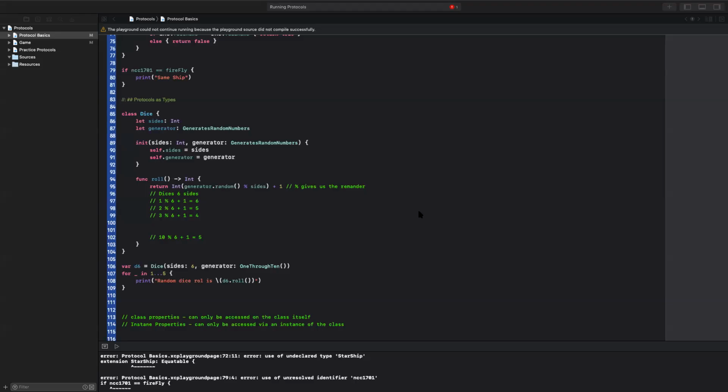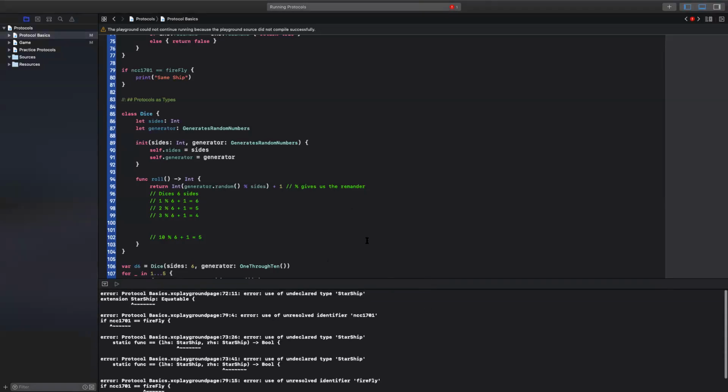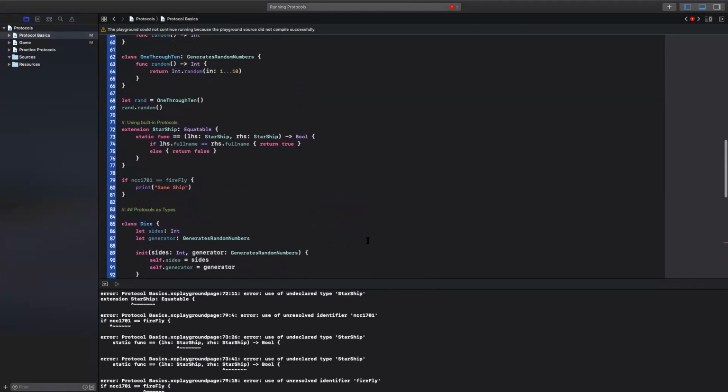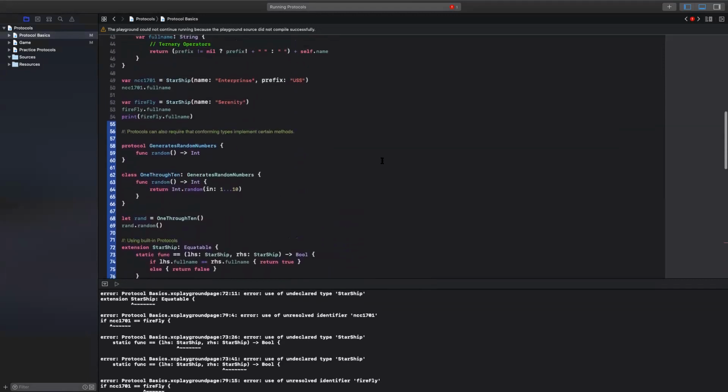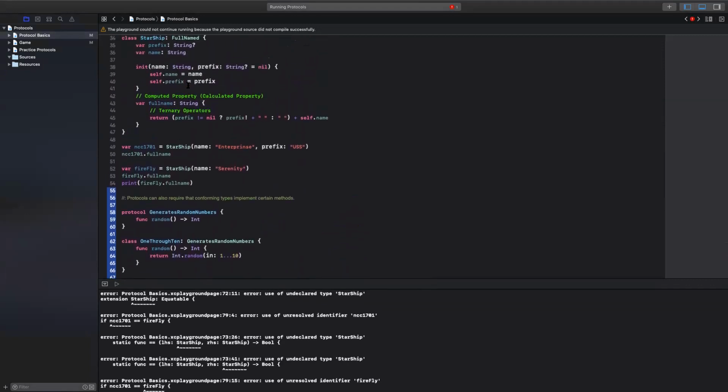Oh, there we go. Are you able to see that? Yes, it looks like you have a starship that's defined. Well, so go to where you have starship defined. Okay. Good, and then